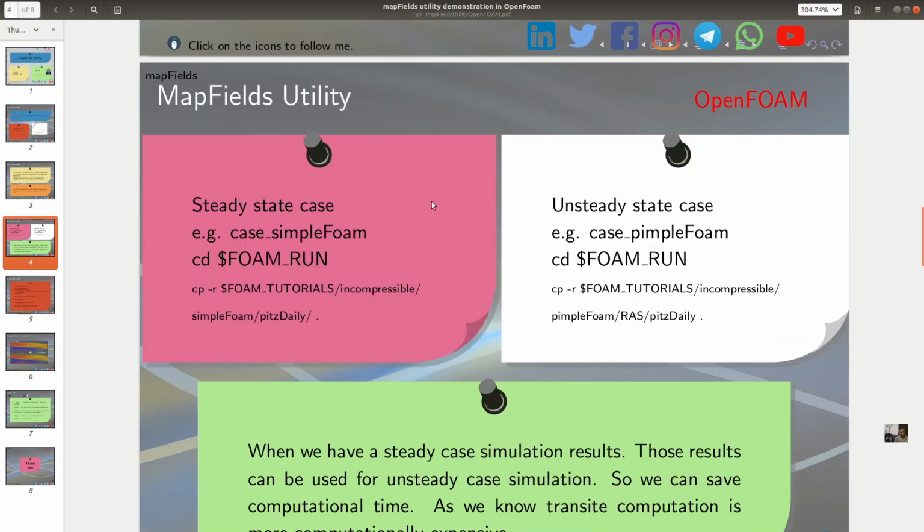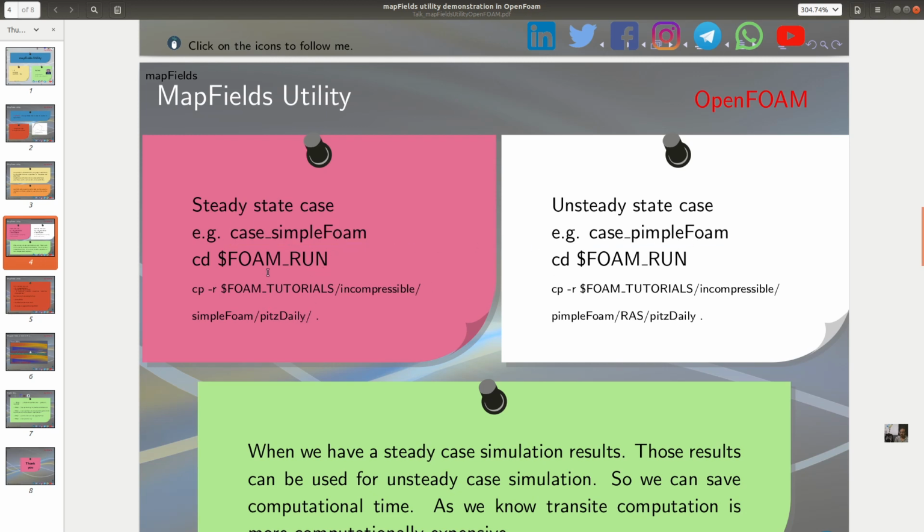We are going to demonstrate one problem using two solvers. The first case is the steady state case, simpleFoam, and the other is the unsteady state case, pimpleFoam. Basically we have two cases here.